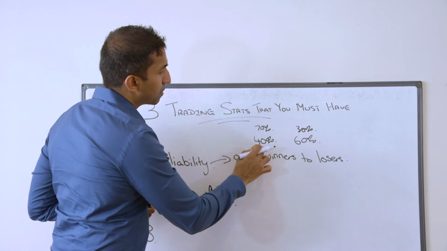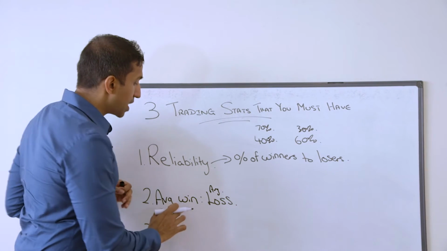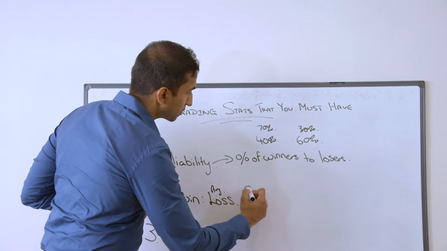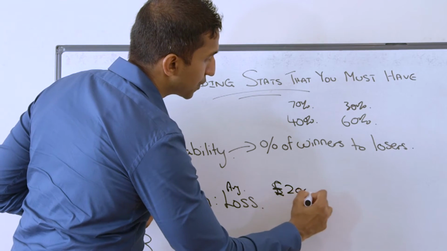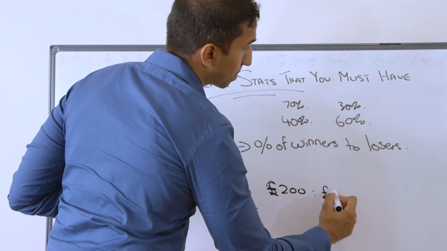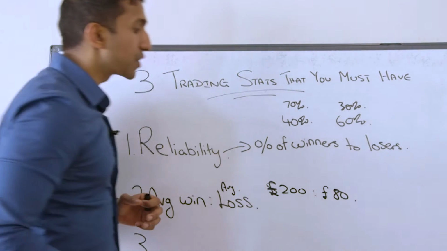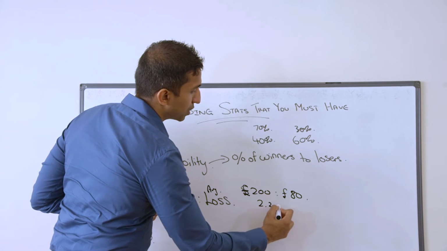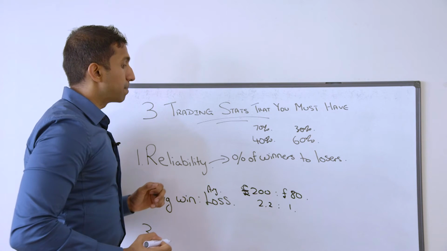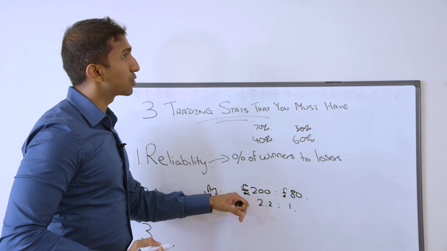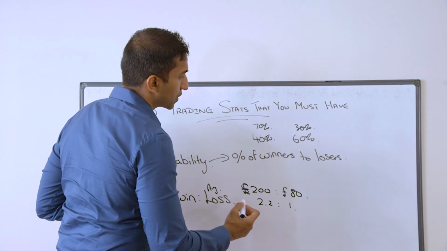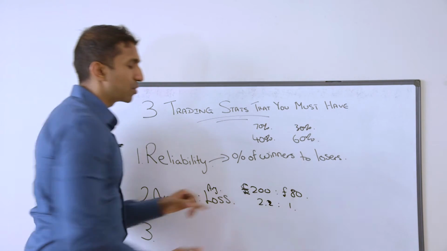So even though you may have a 40% reliability system, where it's only winning 40% of the time, if your average actual win is, let's say, about 200 pounds to an average loss of about 80 pounds, we get something of about 2.2 to 1. I'm not really getting that absolutely right, but in any case,